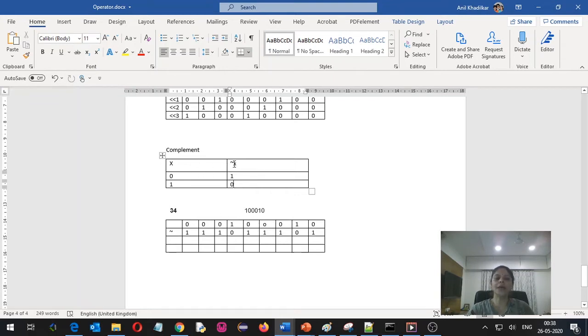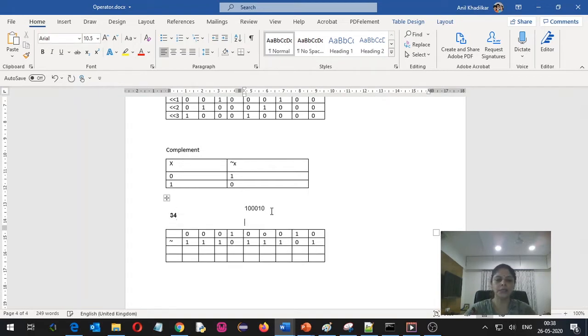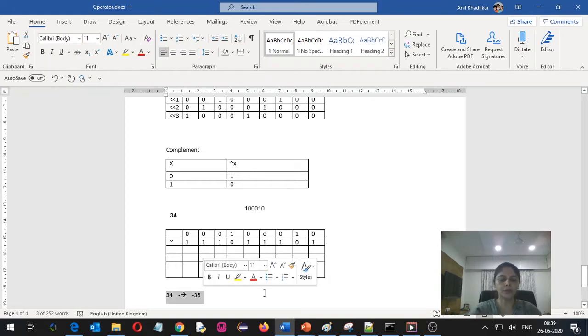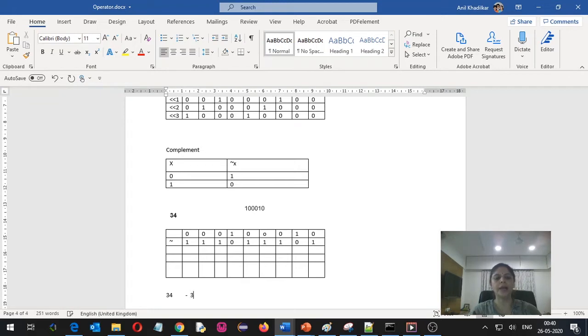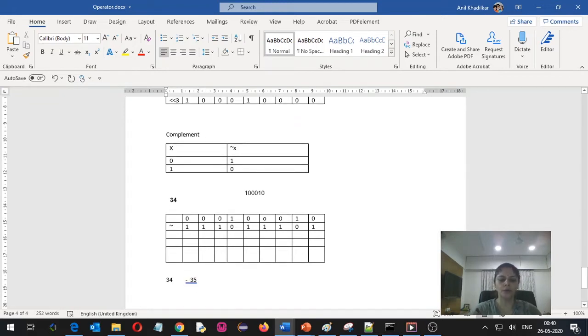Now if I want to calculate how complement occurs, you will notice that if my number is positive, then the answer becomes negative and the value is 1 greater than that value, and if my number is negative, then it becomes 1 less than that number and the answer will become positive. So complement of 9 will become 8.